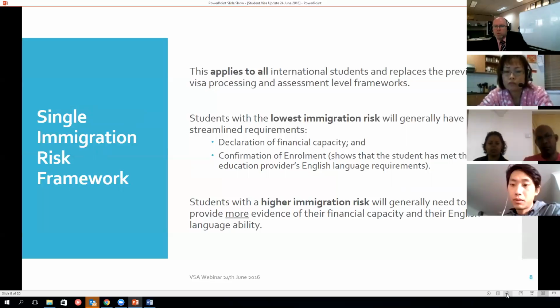For students with the lowest immigration risk, there will be a relatively streamlined process for financial capacity, a declaration that you've got access to the necessary funds, and for English language criteria, a confirmation of enrolment from the college, which shows that you meet the education provider's English language requirement. And that, in its simplest form, should be enough to satisfy the Department of Immigration if you're in that lowest